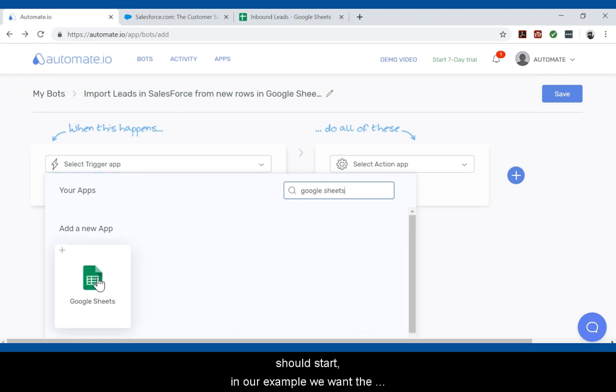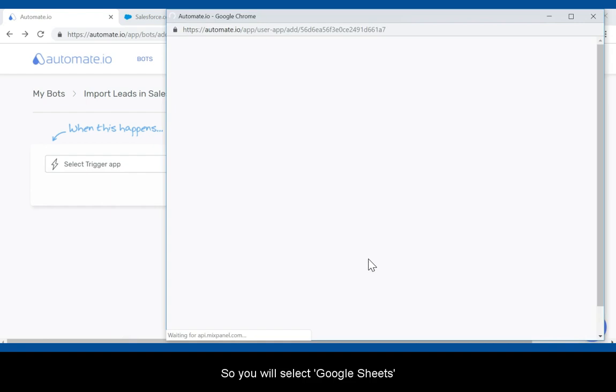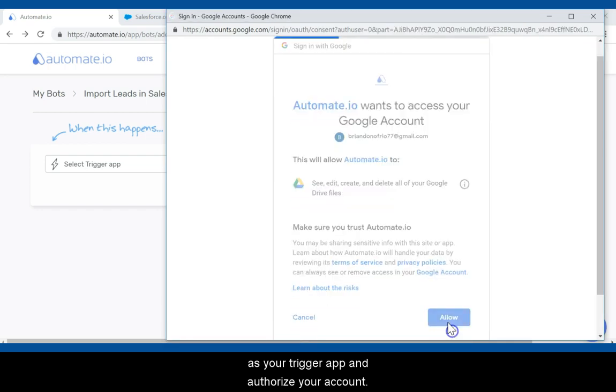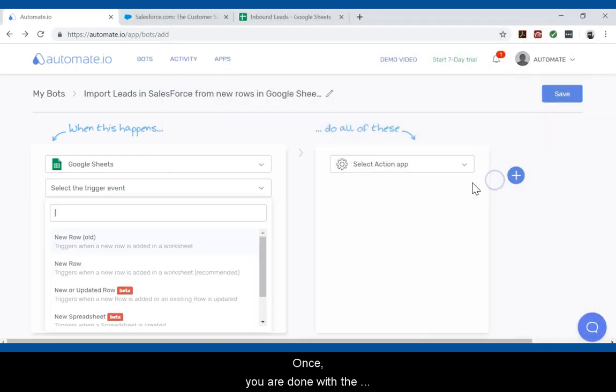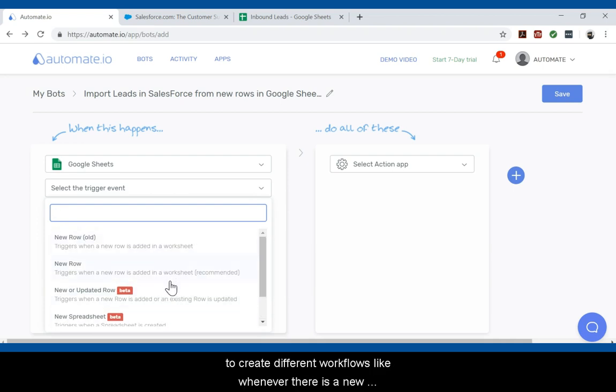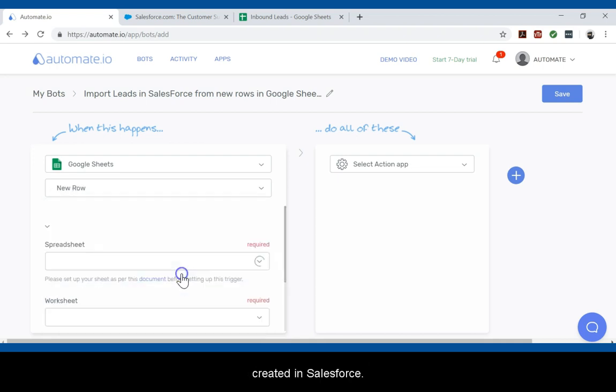In our example, we want the automation to start when a new row is added in Google Sheets. So you will select Google Sheets as your trigger app and authorize your account. Once you are done with the authorization, you can now select New Row as the trigger. And by the way, you can use different triggers to create different workflows, like whenever there is a new row